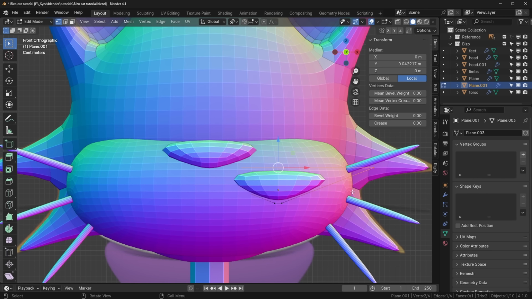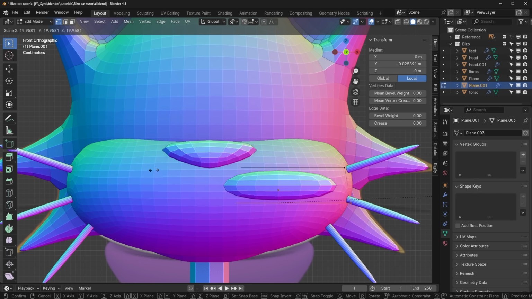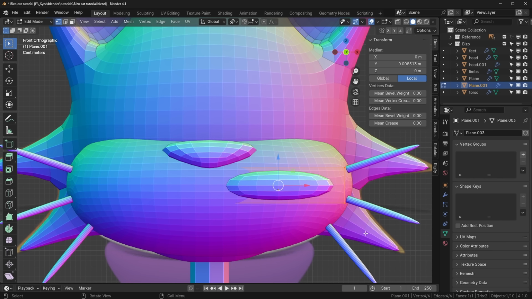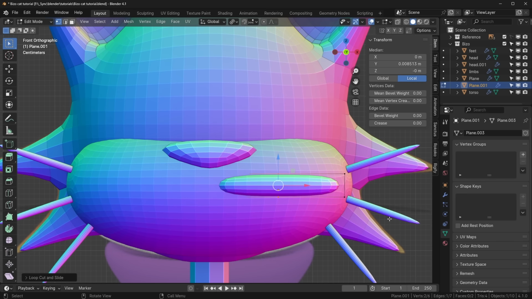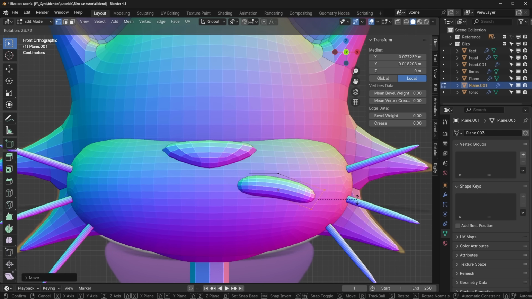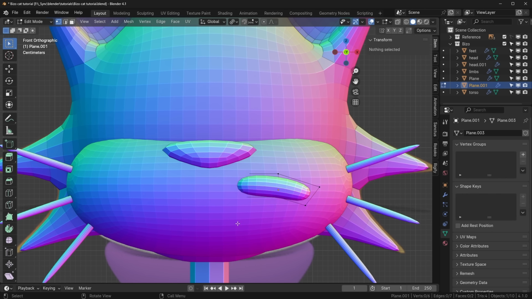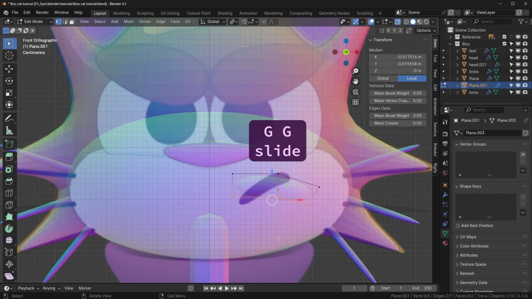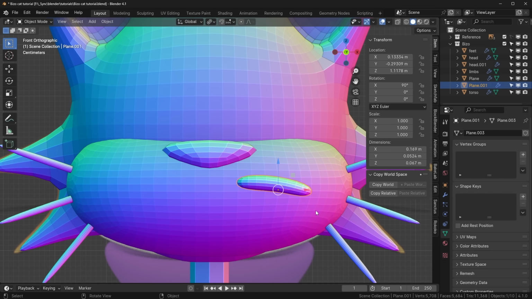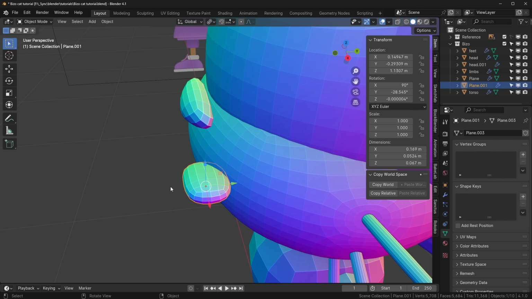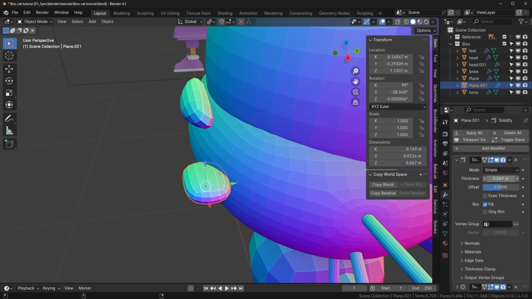Tab into edit mode, we can scale this down a little, scale this one up to make it a little more rectangular. Select everything with A, S to scale, Z, we'll make this a little thinner. I'll add a loop cut in the middle, scale this. Select these 2 side points, bring it down a little and rotate. I want it even thinner, so I'll select all of these points on the bottom and press G G to loop slide. Now back in object mode, we can rotate this a little. Now this looks a little too thick, so we can select it, go to the modifier panel and turn down